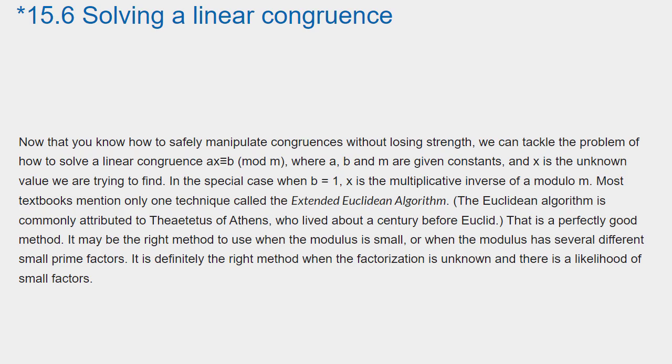In the special case when B equals 1, X is the multiplicative inverse of A modulo M. Most textbooks mention only one technique, called the extended Euclidean algorithm. The Euclidean algorithm is commonly attributed to Theaetetus of Athens, who lived about a century before Euclid. That is a perfectly good method. It may be the right method to use when the modulus is small, or when the modulus has several different small prime factors. It is definitely the right method when the factorization is unknown and there is a likelihood of